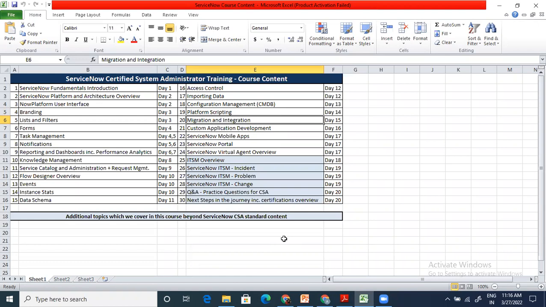When I say migration, it means I am migrating from some place to another place, right? That's the whole concept of migration. So when I say this in the context of ServiceNow, it means that if I have made some changes in my sub-production environment, dev environment, test environment or UAT environment, and I want to move those changes to higher environments, I mean from dev to test, test to UAT, UAT to prod, then I need to follow